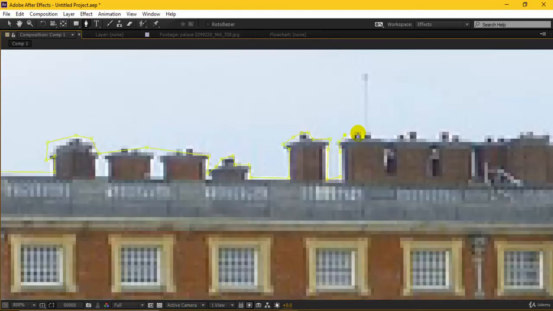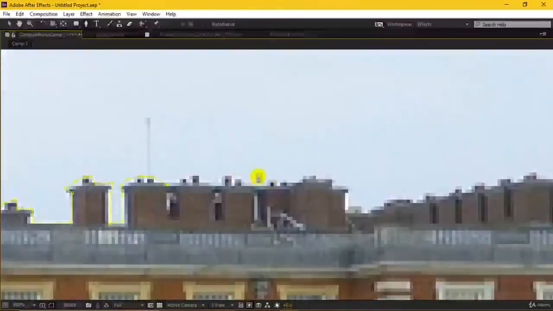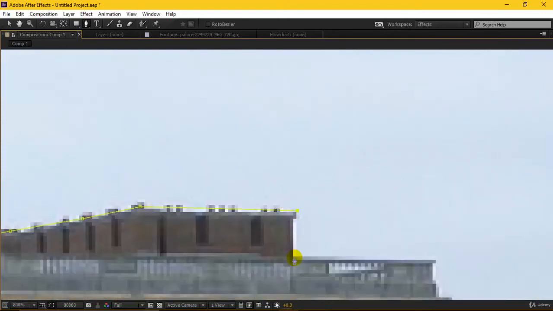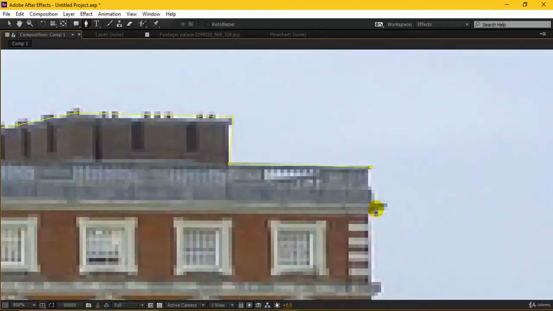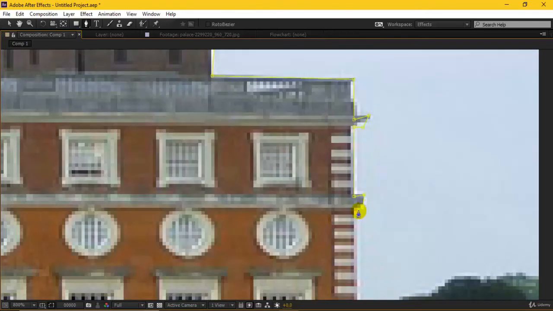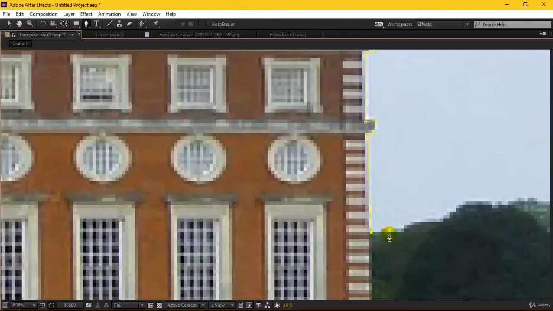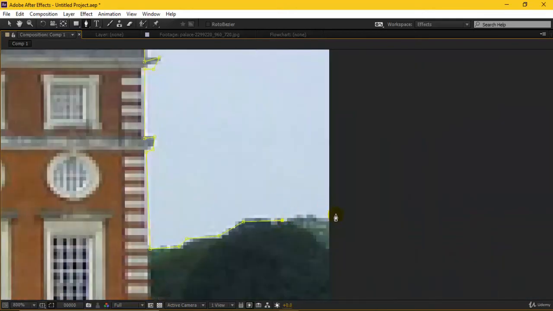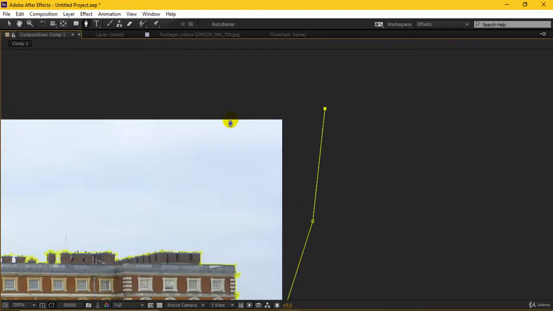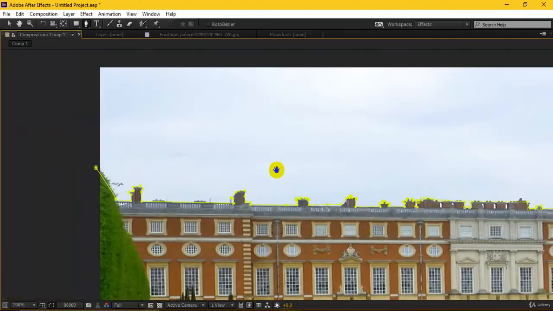Actually, there are many brighter areas in this footage down here, so that's why Luma is not able to work properly. Yeah, so we are almost there. Just selecting this tree right here. And I'll just invert this, or maybe I'll just mask this up.